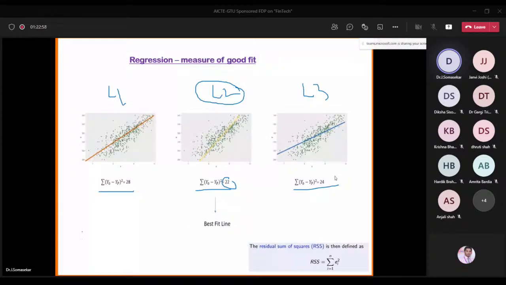The others we can ignore. This we can consider, and this we can ignore. That's why finally L2 is the best regression model. Here I am getting very little error. That means the data points are very close to my regression model. Based on that, I can go for more accurate Bitcoin price prediction in the future. Otherwise, if I go for the L1 model, I am not able to predict the Bitcoin price most accurately. Or if I consider L3, I can't predict the Bitcoin price as accurately as with L2. Because of that reason, L2 is the best fit regression model, because it gives the minimum error.